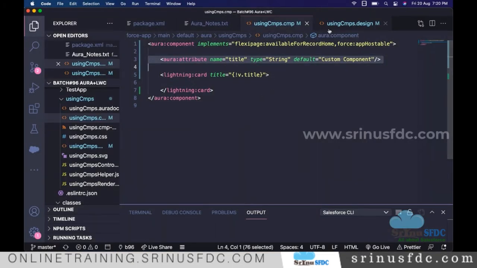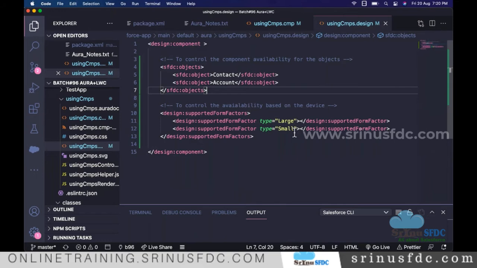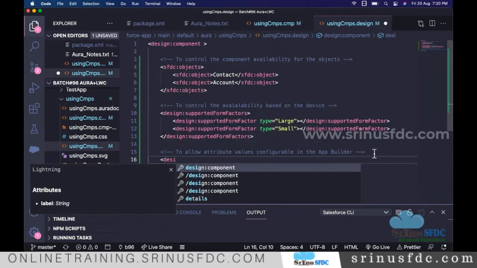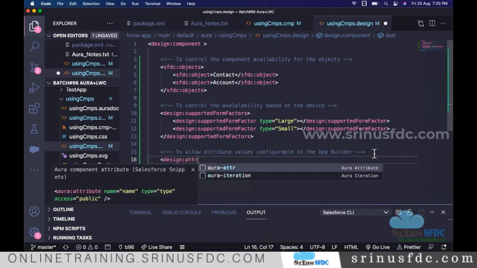For that, go to the design resource again. Here we can say to show the attributes, or to allow attribute values to be configurable in the app builder. For that, we say design attribute,